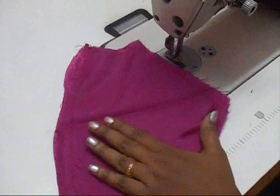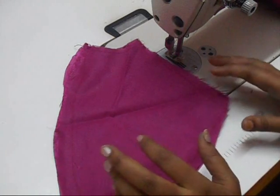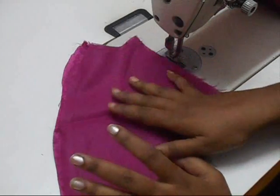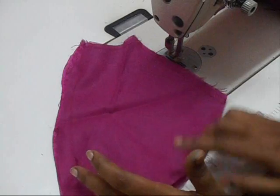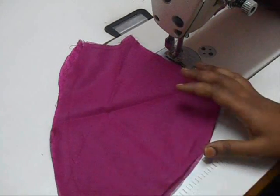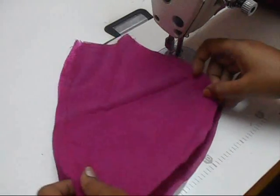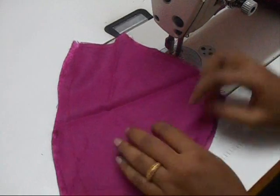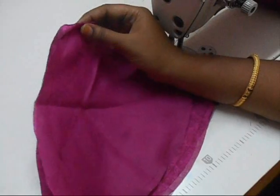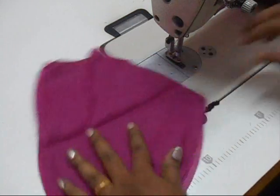Okay. Now I'm going to sew the dart. In a normal blouse we sew 3 darts at the front side and 1 dart at the back side. For the katori blouse we are going to sew only 1 dart over the center, and that's it. You may ask whether that 1 dart will fit well or give shape to the blouse. Of course it gives more shape than the normal one, because this is going to be on the bias, so it will have a massive amount of stitch,